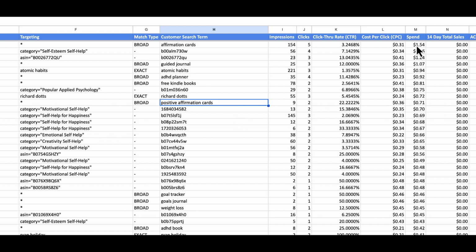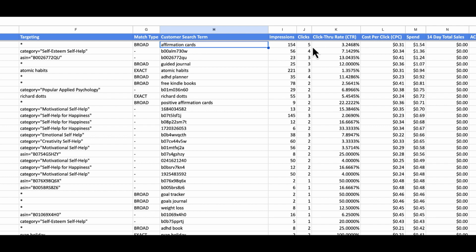And you'll see over here, I've spent some money, I don't know, $8 or $10, and I haven't made a single sale. And yet the point of my little video here is that I don't have books like this. So, of course, if I don't want to write books like that, I should turn these into negative search terms, meaning if someone types in affirmation cards, they should not show my book, because that would be a negative customer experience. They type in affirmation cards, they're looking for affirmation cards, and they get to my book,